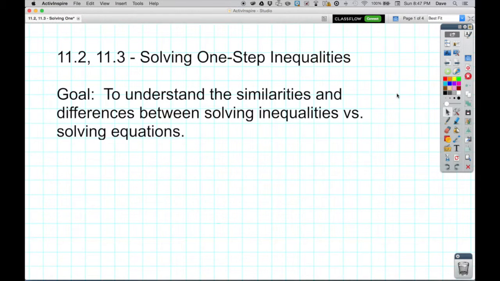Lesson 11.2 and 11.3, Solving One-Step Inequalities. So our goal is to understand the similarities and differences between solving inequalities versus solving equations like we looked at